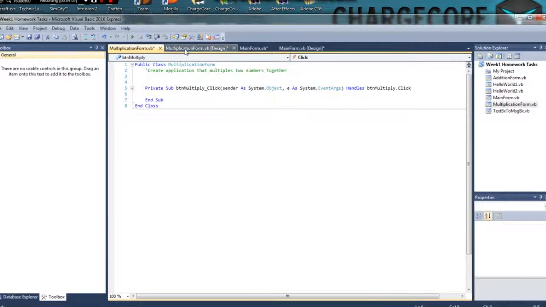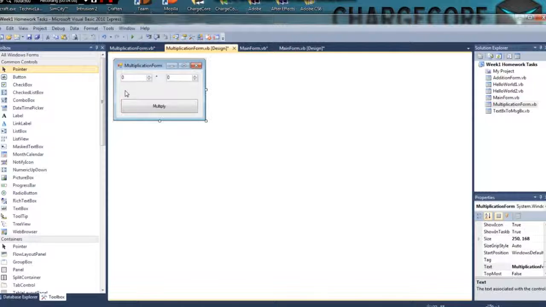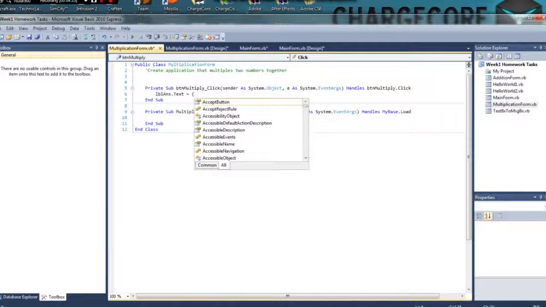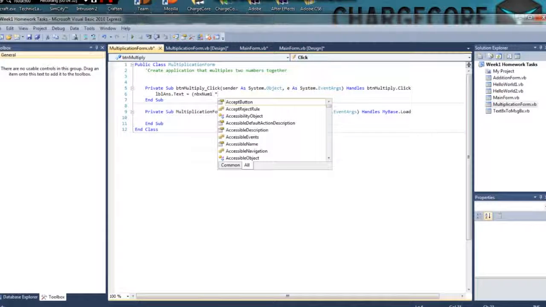So where's the, I don't want, what did I call it? I called it LBL arms, sorry. So LBL dot text is equal to, and then we take our value from our number box 1, so mbx num1 times mbx num2,